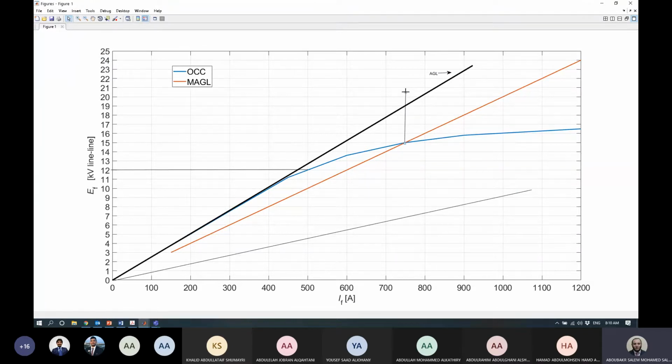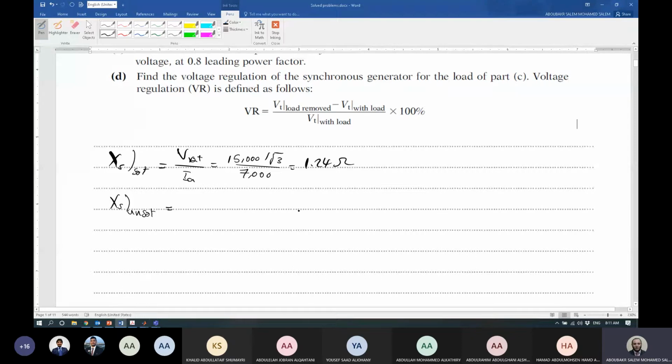This line has to be vertical like that, and at the point of intersection, you should get the value of V and use it. If you use it like that, the exact value from the curve should be around 18.75 kilovolt. Right. So from the air gap line, we can say V of air gap line equals 18.75 kilovolt. طبعا in order to calculate X you have to use the phase value, so